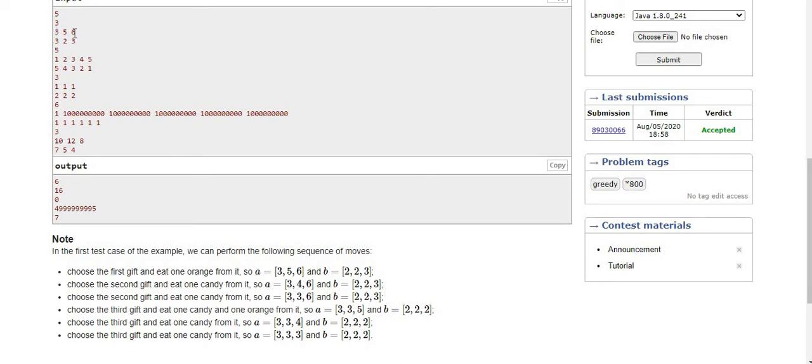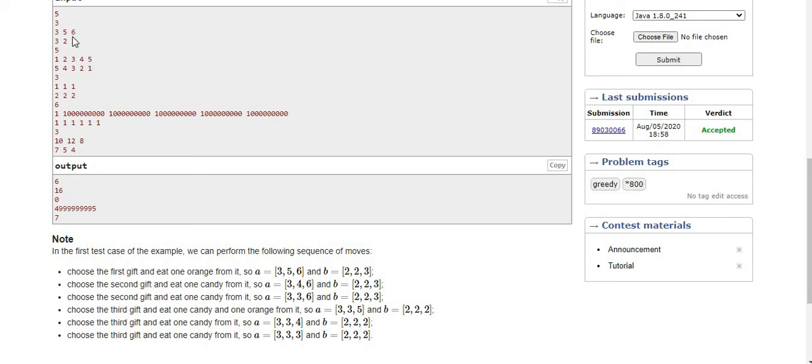So we have to make this 5 and 6 equal to 3. Similarly for the oranges, the minimum value is 2, and we have to make the other two values equal to 2. So 3, 3 have to become 2. That's the overall idea.